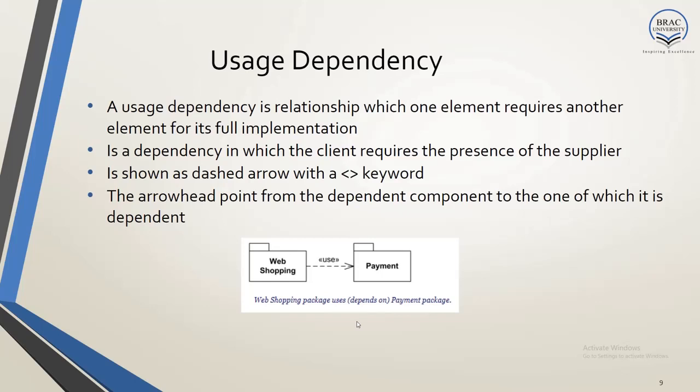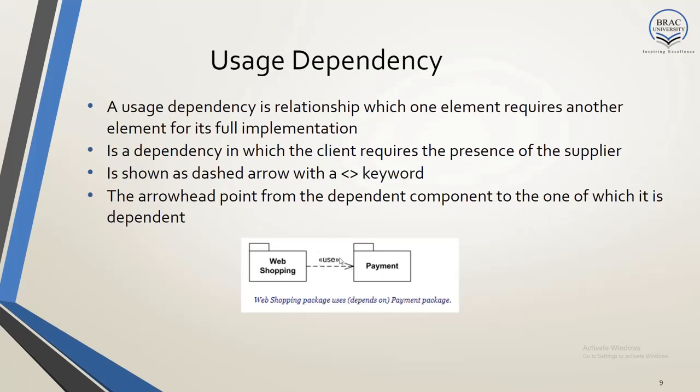That's how we represent the usage dependency, or that's what the usage dependency represents: that a piece of code or a part of a system or a component or a package may require another package, and in that case we use this type of dependency, and the notation is given by this dashed arrow,